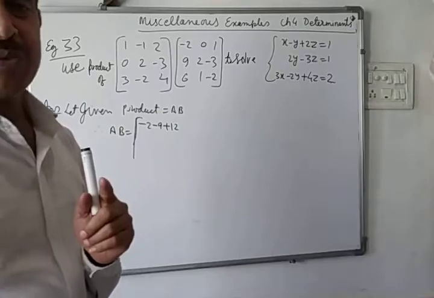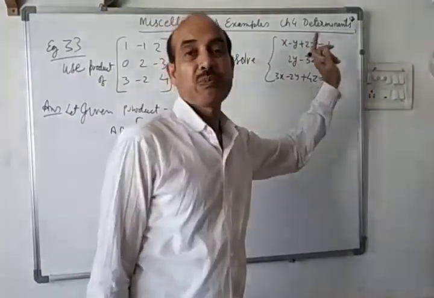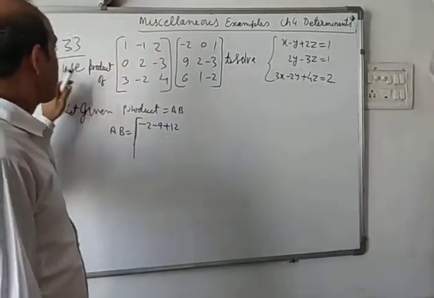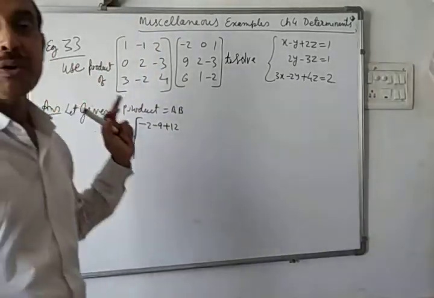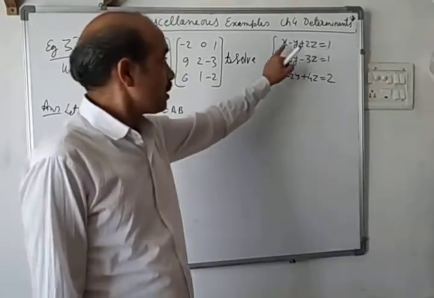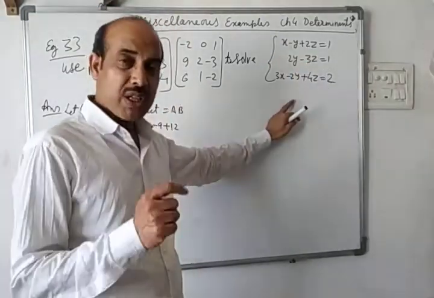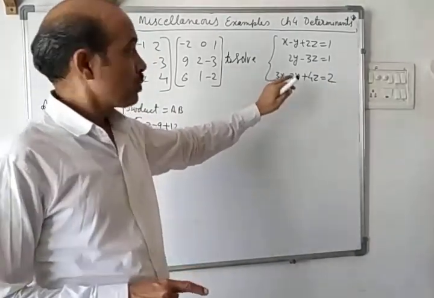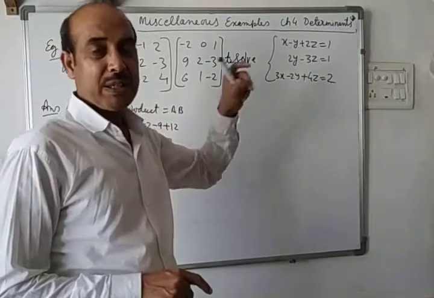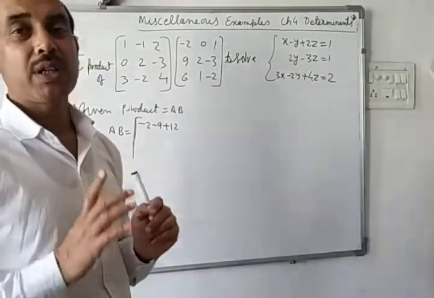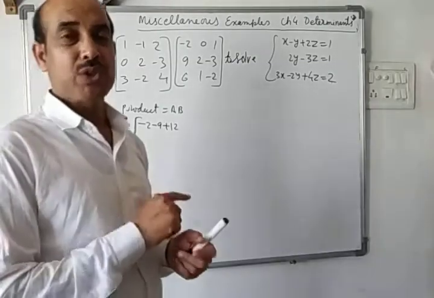इस वीडियो में मिसलेनियस एक्सरसाइज ऑफ चैप्टर 4 डिटर्मिनेंट्स, उसके पहले जो एग्जाम्पल्स दिए हुए हैं उनमें से एक बहुत बढ़िया एग्जाम्पल है, एग्जाम्पल नंबर 33, जिसमें हम सिस्टम ऑफ इक्वेशंस का सॉल्यूशन निकालते हैं, लेकिन जो इसका कोफिशिएंट्स का मैट्रिक्स बनता है उसका इनवर्स निकाले बगैर सॉल्यूशन निकालते हैं। इसके पहले के जो वीडियोस आपने